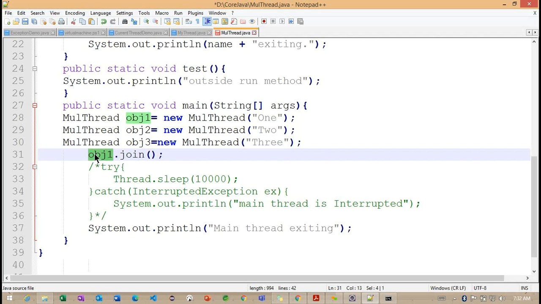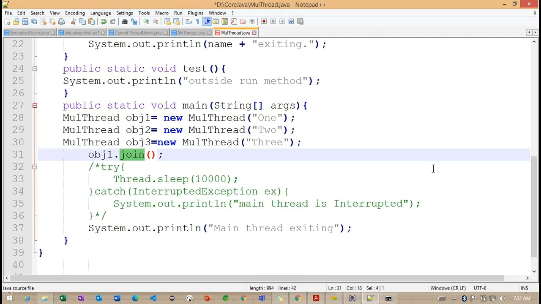This object is nothing but the current thread, so the join method will wait until that thread terminates. This is very important, because internally we are trying to terminate the current thread.